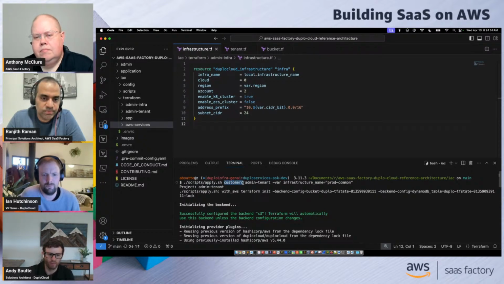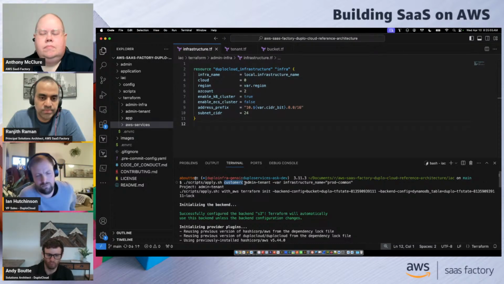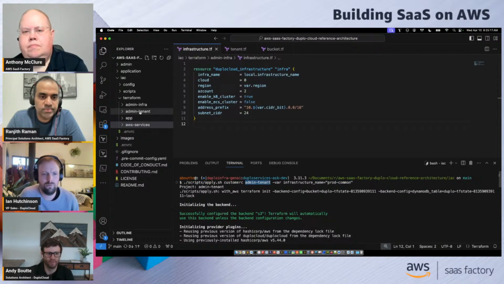And then this argument here is, as you can tell, the name of our customer. It's our tenant name. So I'm creating a new tenant inside of Duplo. It's called customer C. And the Terraform project that we're running to create that is called admin tenant. You can see that here on the left-hand side in the file navigation. Under the Terraform directory, we have an admin tenant directory. So that's the Terraform project that we're running, and we'll dive into that a bit more in a second.